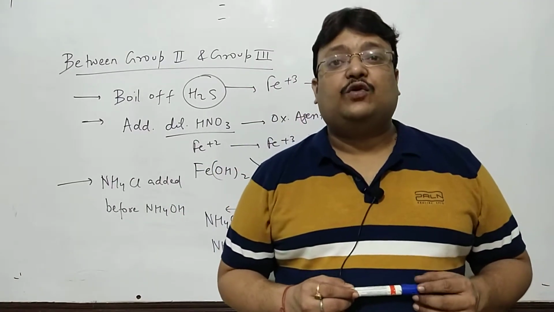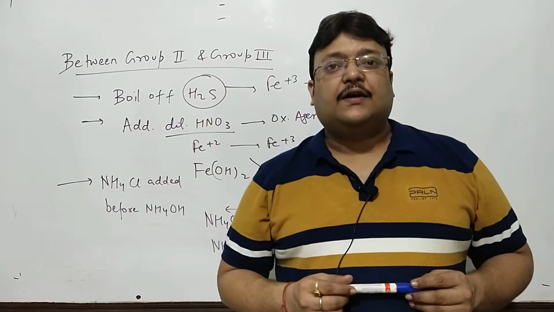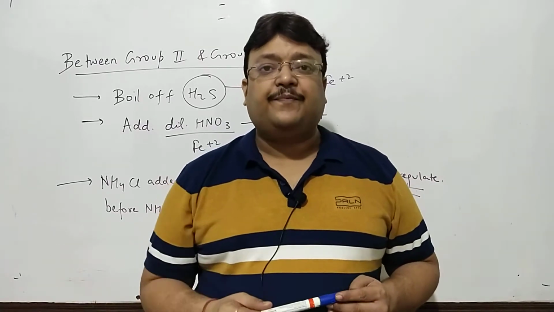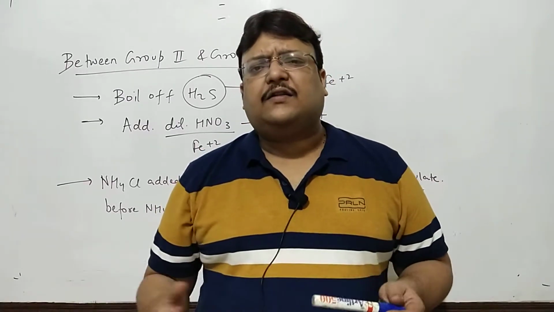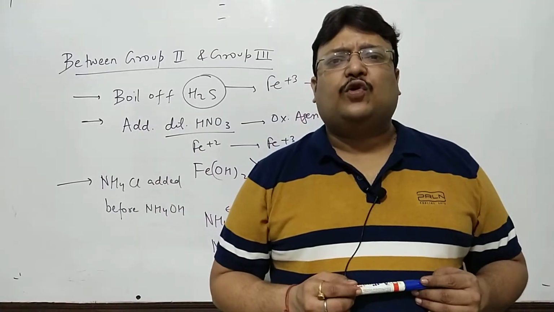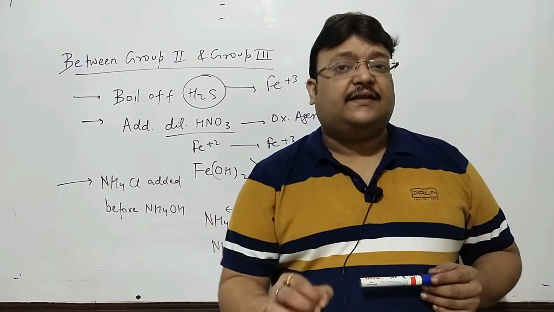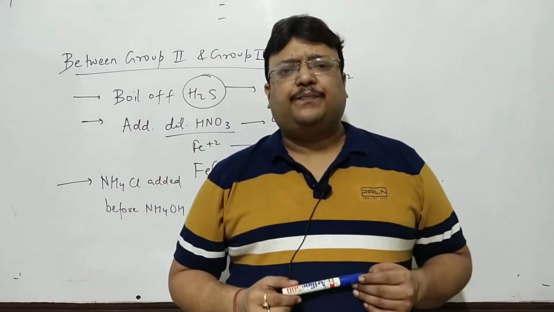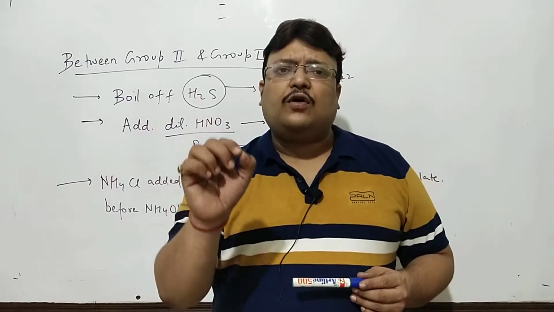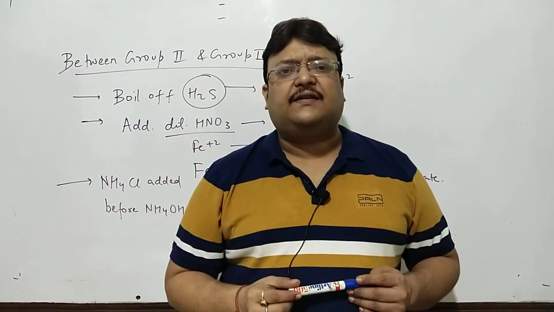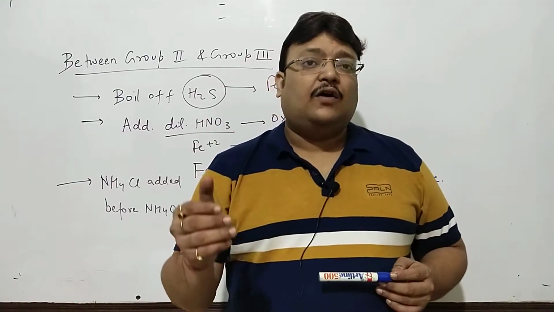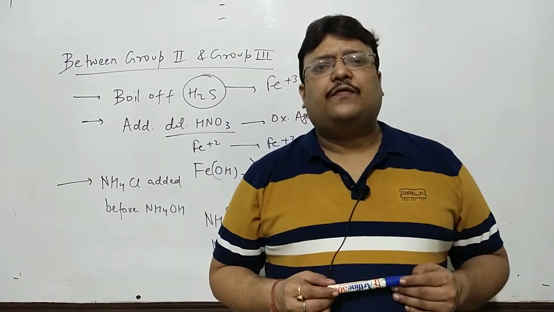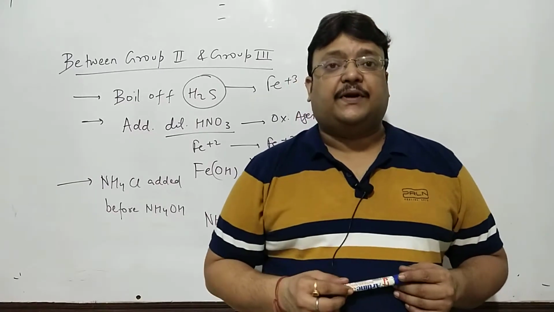If you remember, I had given you the entire chart, the entire table containing all the radicals in their respective groups along with the reagents and the precipitates. So today we will complete all the radicals which are there in our syllabus, and I must have told you that more than the tests and the results, what's important is the order or the sequence of testing. Please recall that the order of testing the radicals is such that all of them are individually precipitated and even separated in the course of testing the radicals in the original sample.